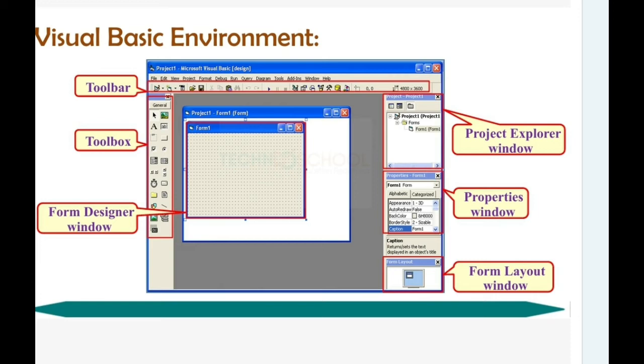For the toolbox, we have a separate lesson. In the next lesson we are going to give detailed explanations of the toolbox. We have many tools available in Visual Basic, and these are the tools used to develop your software applications. I will explain all the tools one by one. In my previous practical video, I explained simple tools: label, command button, and text box, and how to use these tools to write simple programs. So you can understand. I hope you understood.